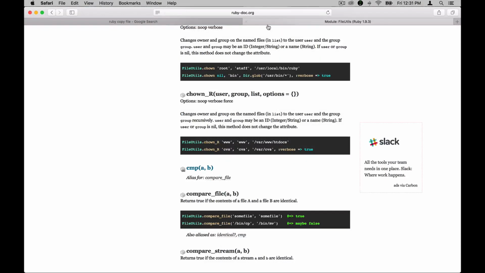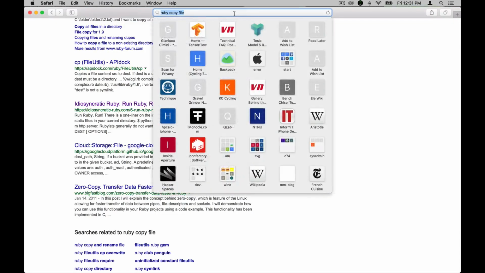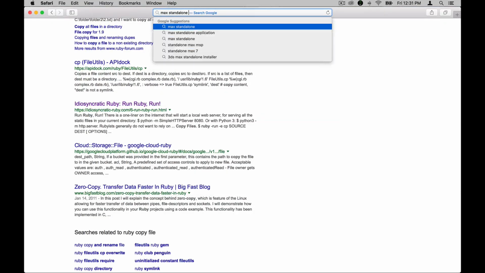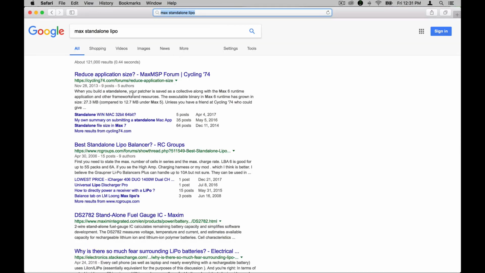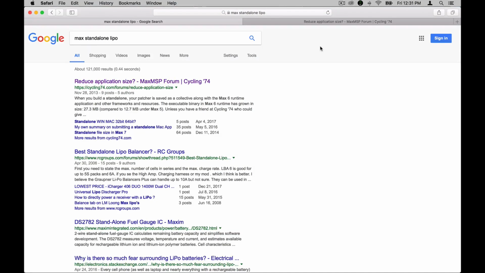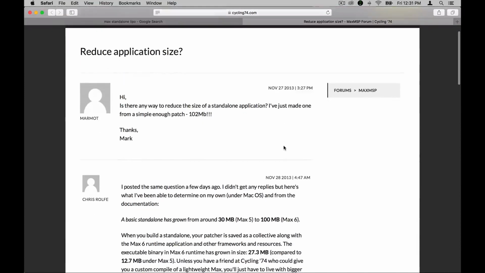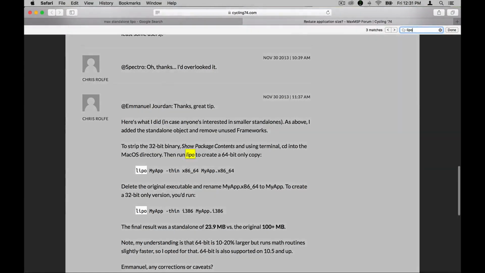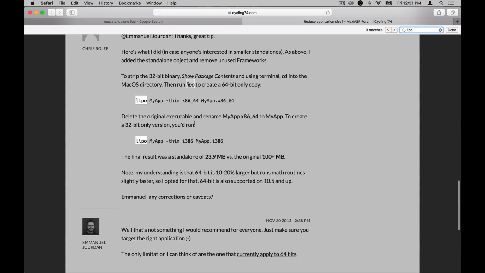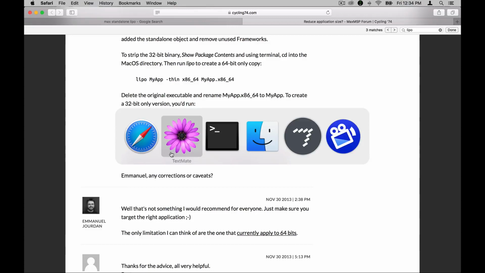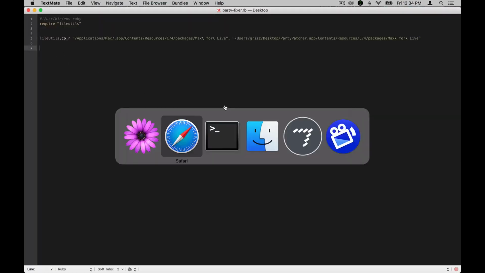We could also go searching for information online about that. We do like Max, standalone, lipo. We can see, for example, there is a whole post on the Cycling 74 forums. So let's copy and paste this, and before we go and add it to our script, let's test it out